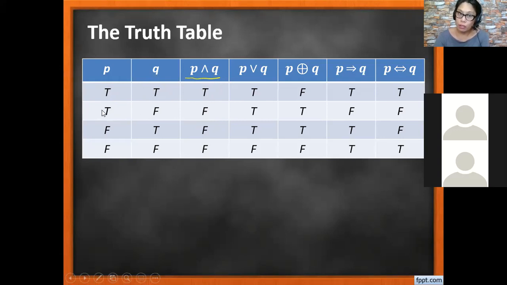Although statement P is true, we'll come up with P and Q equal to a false statement. Also, this time statement Q is true, but statement P is false. We'll also end up with P and Q false. And it follows also that P and Q is false if